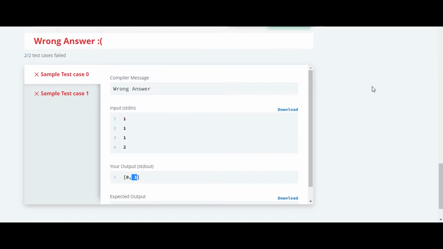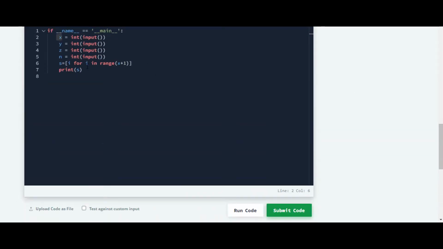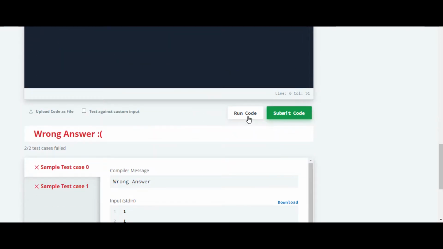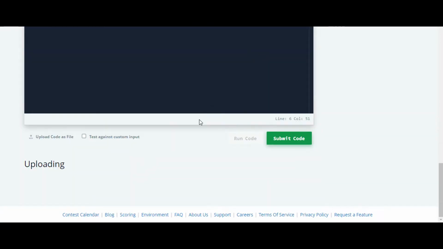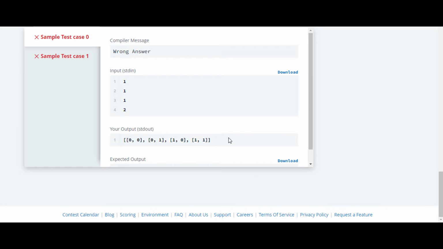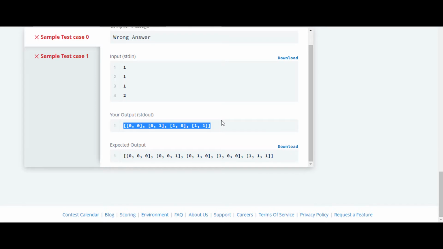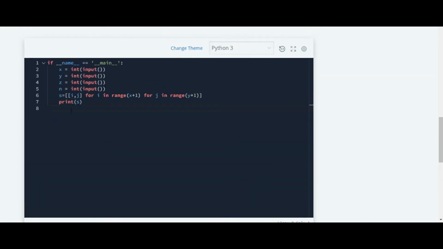Similarly we will do it for j, that is for y. I have done a similar thing for j and we'll check the output once again. As you can see, now it's including y. Now we'll do similar for k, that is for z. Then we'll also add a condition that i plus j plus k should not be equal to n.